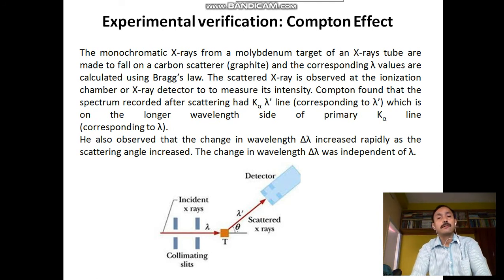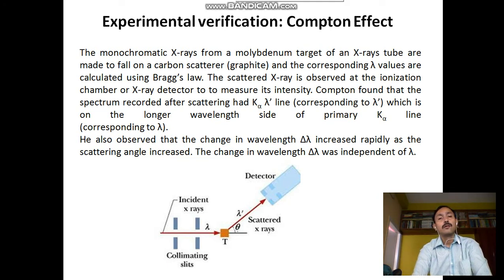Compton found that the spectrum recorded after scattering had a K alpha line corresponding to lambda dash, that means the modified line after the collision, which is on the longer wavelength side of the primary K alpha line